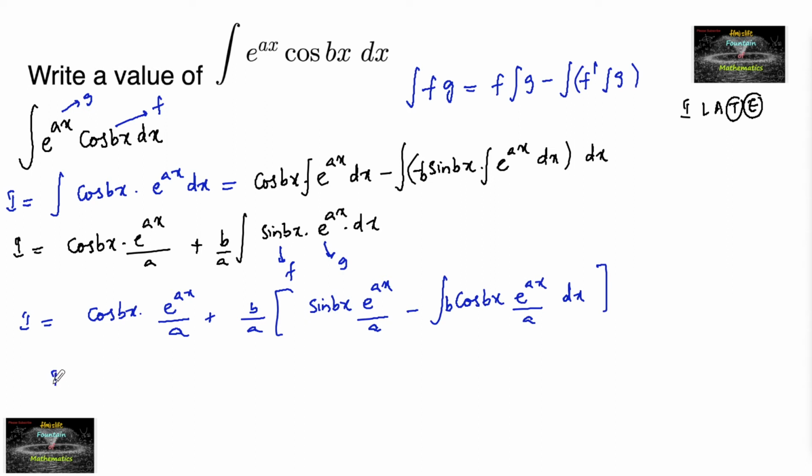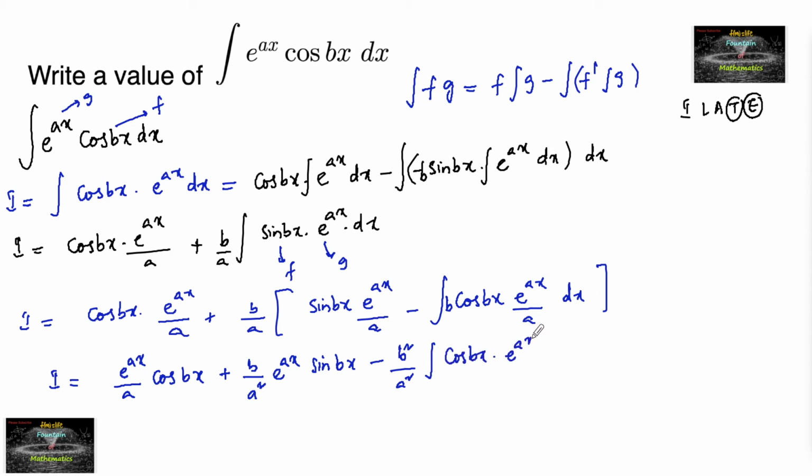So we can write the integral I is equal to e to the power of ax upon a cos bx plus b upon a square e to the power of ax sin bx minus b square upon a square integral cos bx into e to the power of ax dx. Which is the same as our integral I, this is again I, so I can write here I, bring this to this side, so plus b square by a square of I is equal to,